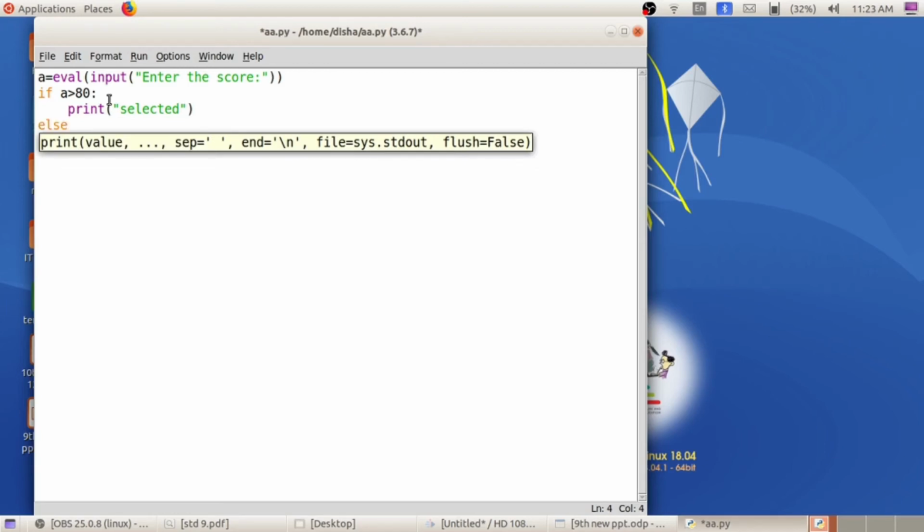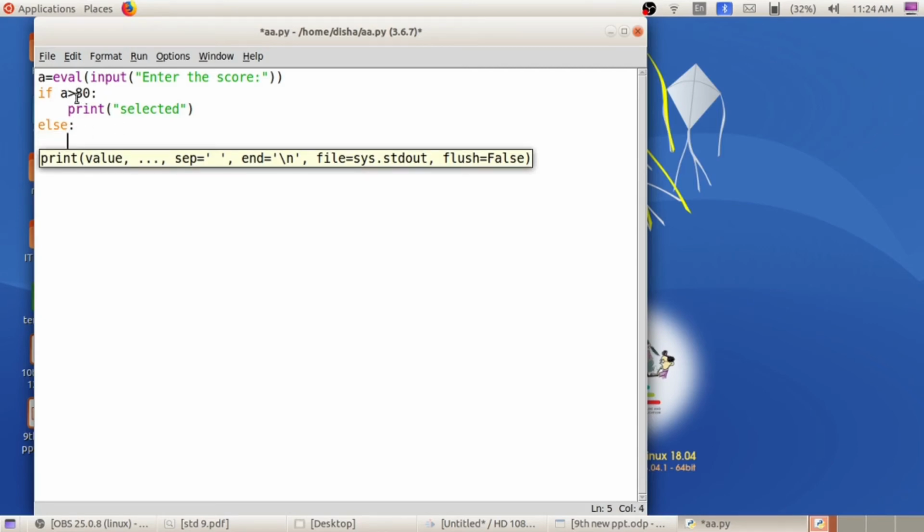So specify else. You don't have to specify the condition again, because if A is greater than 80, automatically we get the result selected. Else means otherwise, print not selected. So this is our next program.